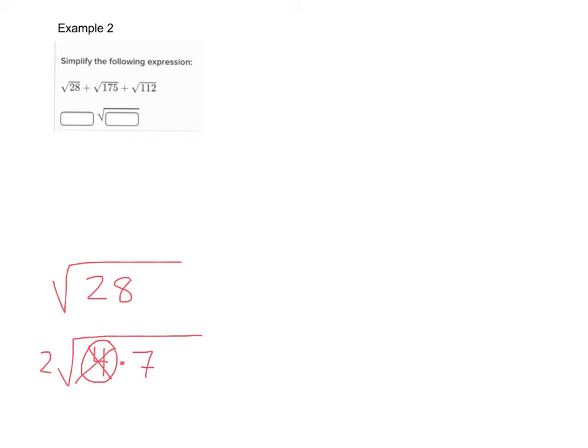So I'm going to write right here, square root of 28. And then I think, what goes into 28? Well, the square root of 28 is the same thing as the square root of 4 times 7, right? 4 times 7 is 28. And I can see right here I have a perfect square, so I can take the square root of 4, and it gives me 2, so I take it out of there and I put 2 on the outside. So square root of 28 is the same thing as 2 square roots of 7. Okay, so I'm going to write it up here at the top, 2 square roots of 7 plus,